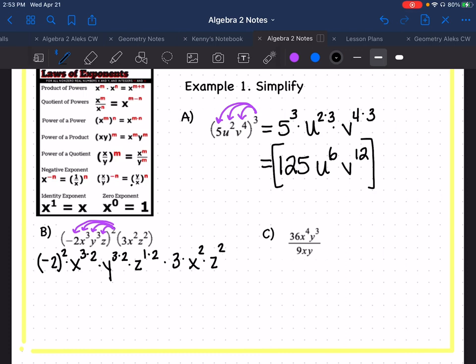There we go. I just did it without the parentheses. Now what I have to do is get my like terms together. But before I do that, let's go ahead and say that this is,